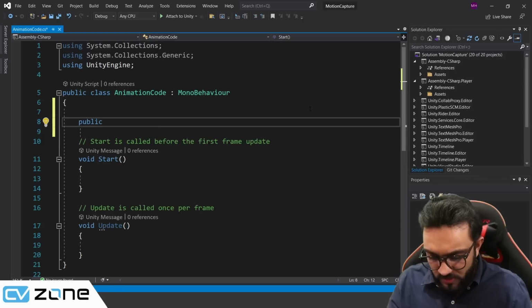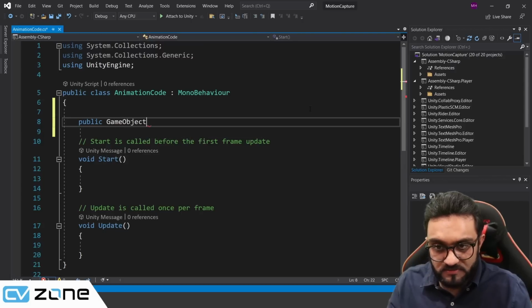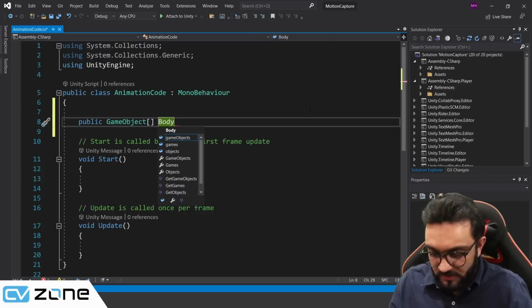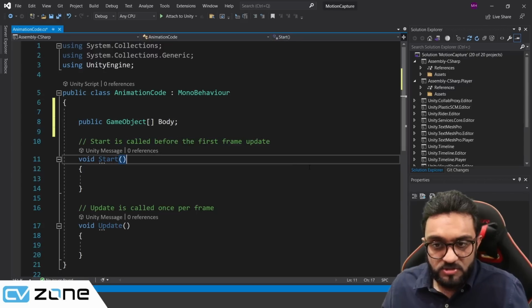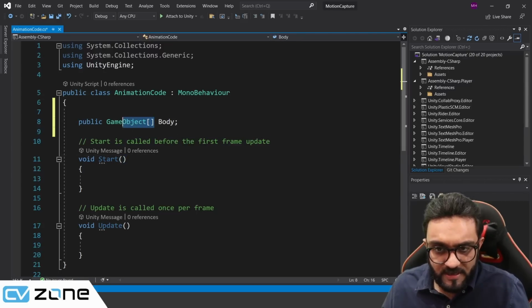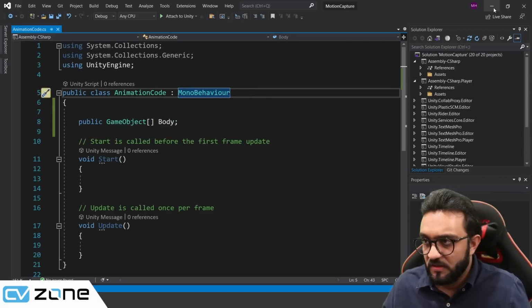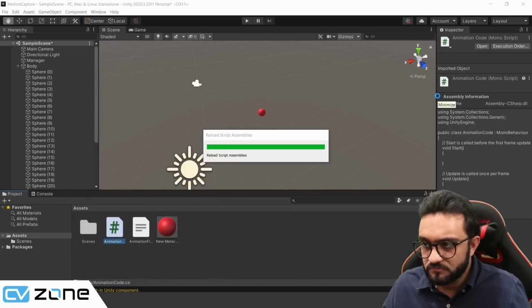We are going to write public game objects, and we will need a lot of game objects, and we will call it body. What this will do is it will create this list of game objects and store it in body. So if we save this and go back,